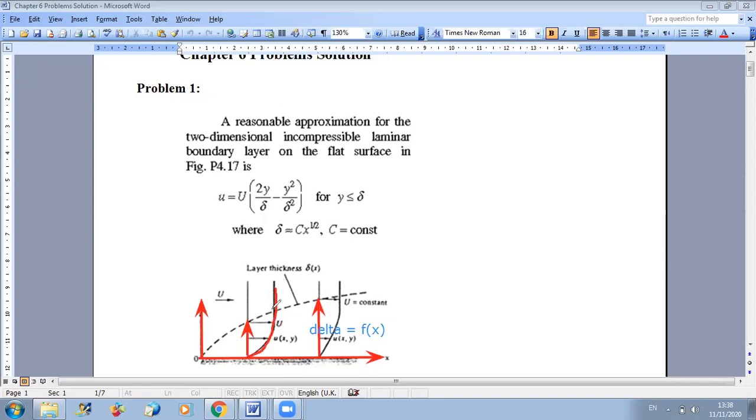So at y equal to delta, the velocity becomes equal to the uniform velocity of the flow. And this profile is given by the following equation. So they gave us u as a function of y and x, because delta is a function of x. Okay? Now, what they want us to do is